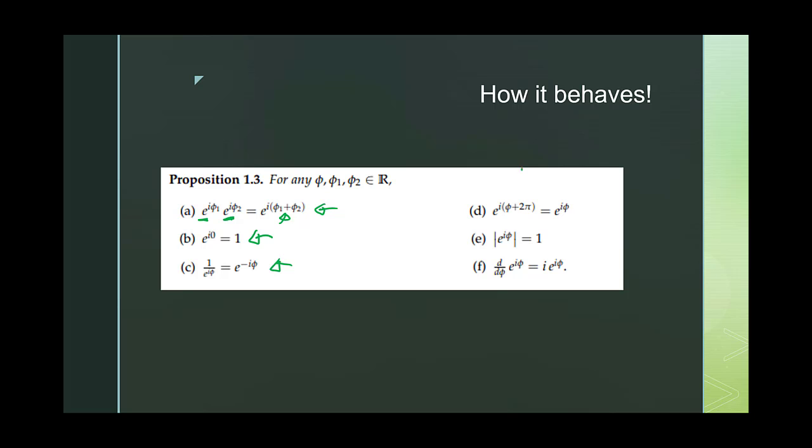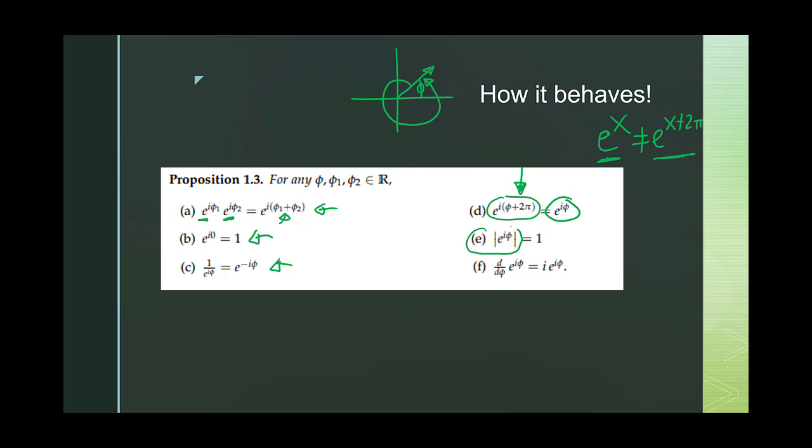Now, something that's not similar is this right here. So e to the I (phi plus 2 pi) is actually just equal to e to the I phi. Now where that's coming from is angles again. If you take phi and you rotate that another 2 pi, you end up at the same place, right? Okay, so that's where that property is coming from. But this is something that's very different from what we had back in calculus, right? That's not true for regular old e to the x. e to the x is not e to the (x plus 2 pi). Okay, so kind of cool, right? We have this exponential notation. It's acting similarly, but yet in some ways it acts very differently.